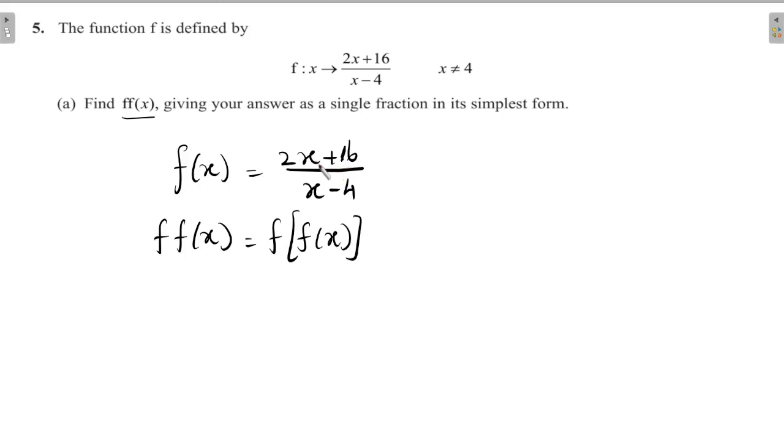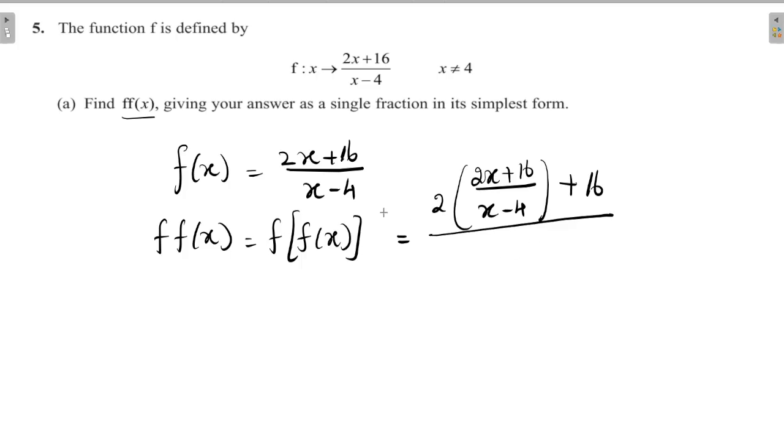Just replace x by f of x again. So the expression is going to be 2 times 2x plus 16 by x minus 4, plus 16, divided by, again this x also can be replaced, 2x plus 16 by x minus 4,